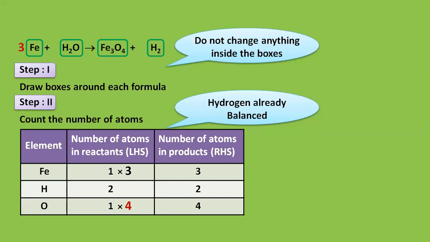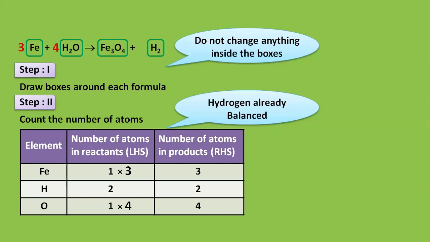Now, if you see, we have already made a box. Can I put this 4 in between hydrogen and oxygen? No. That was the reason I had asked you to make a box, because when we put a box, that means we can't put anything in between. So now the question arises, ma'am, where should we put the 4 then? If I want to make oxygen 4, how am I going to do it? It's very simple, do not worry. This 4 we are going to put in front.